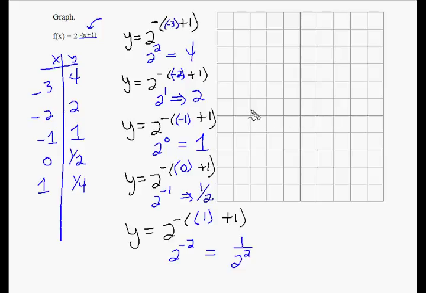Plotting these points at negative 3, positive 4, and negative 2, positive 2, and negative 1, 1, 0, 1/2, 1, 1/4, and as you can tell now we're getting smaller and smaller. So our exponential graph is decreasing once again, and we need to put in some information: arrows to indicate that it's going to continue, and an asymptote so everyone knows that it won't go any